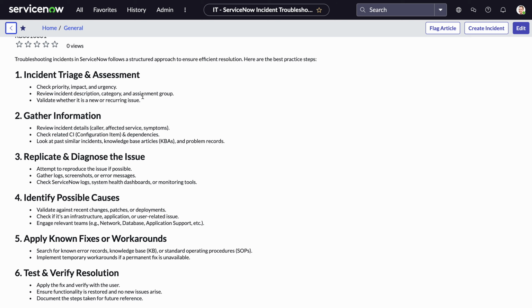And also just validate whether it's a new or recurring issue, because this could help save a lot of time. If it is a recurring issue, there might be knowledge articles or even root cause resolution notes that you could look at on previous incidents to fix this very quickly, because it is predefined steps, and then look to create that into a common knowledge article for your colleagues. But if it's a new issue, then you could essentially